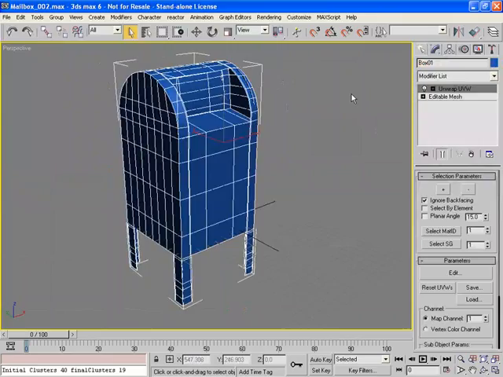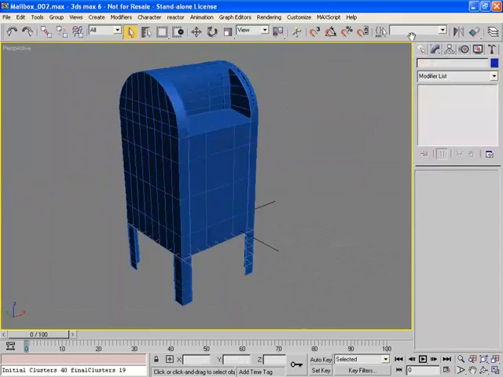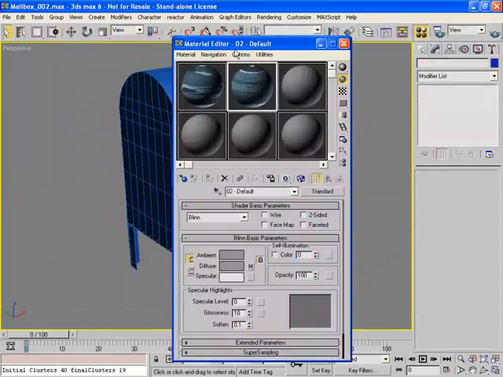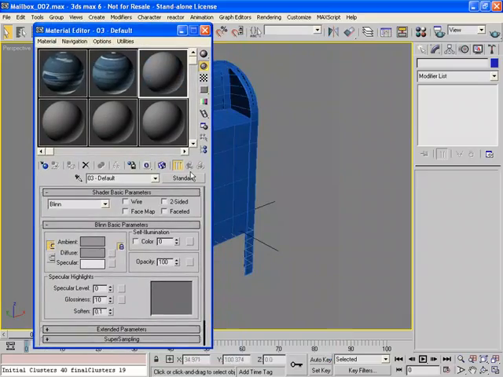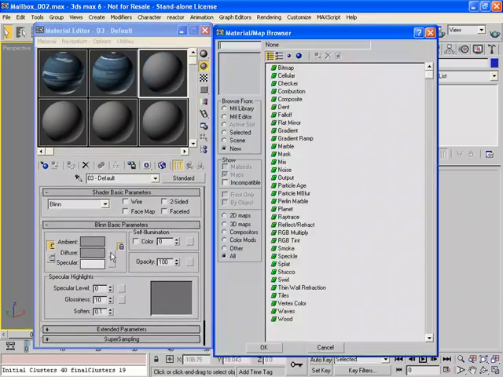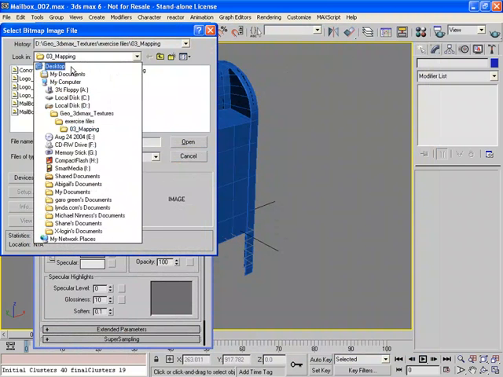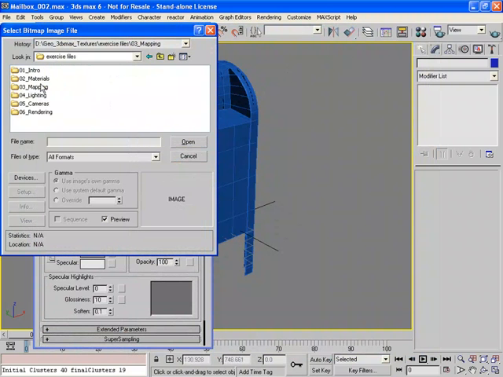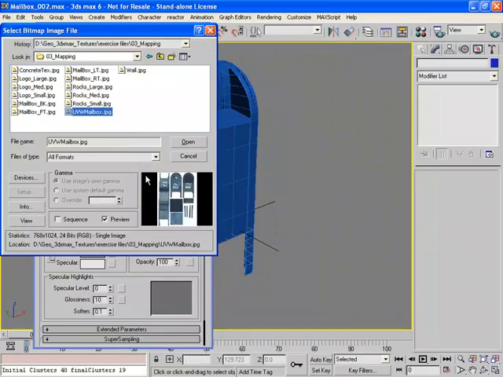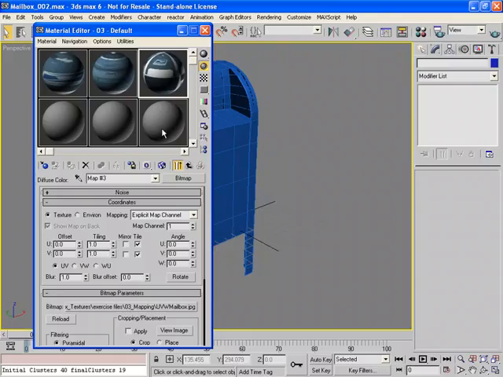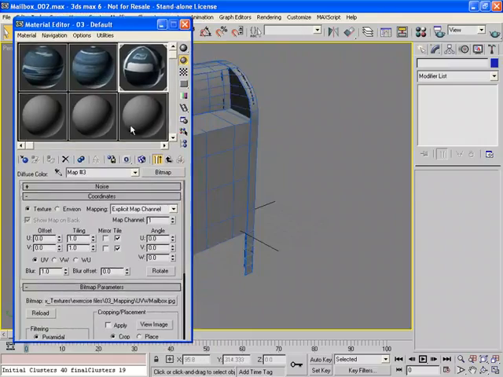So before we do that, we have to create a material. I'm going to go over to the material editor, and I'm going to select an empty slot. And in the diffuse channel, I'm going to put a bitmap. From the desktop, exercise files, 03 mapping, it's called UVW mailbox. And that's it. So I just click and drag that onto our mailbox, hit show map in viewport,